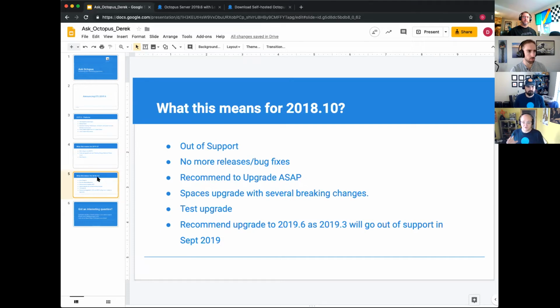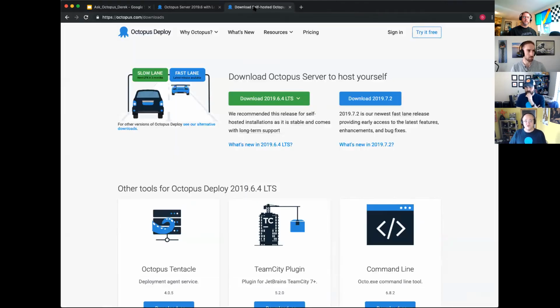However, one caveat I would like to say is make sure that you run a test upgrade. There are a large number of breaking changes that will affect you here. So there's a lot of changes to permissions. One thing, I know, Ryan, you've done a great session on this before, but if you do want to see, say if you are coming from 2018 version 10, or from any version, you can jump over to